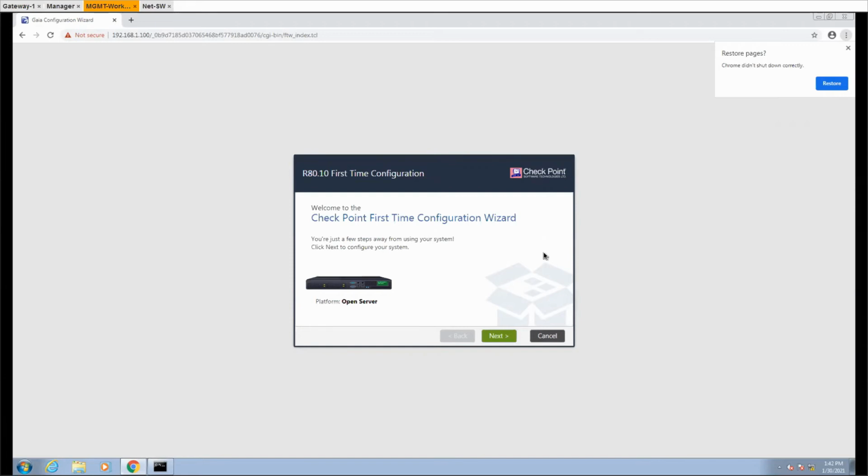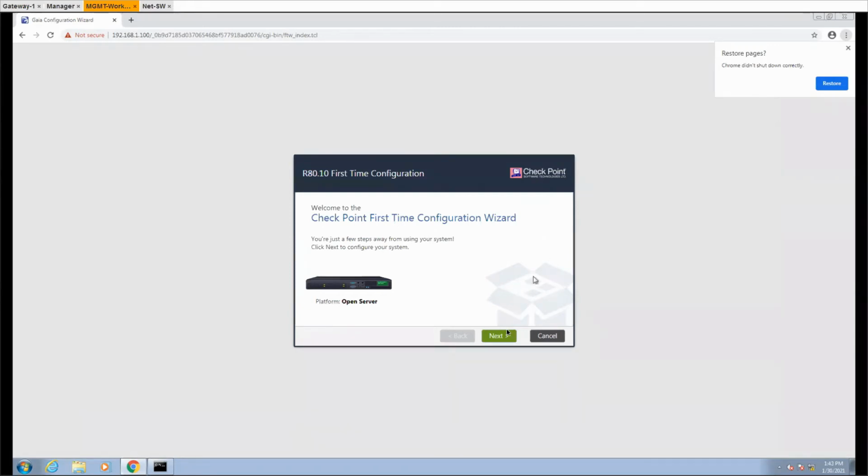In the first configuration wizard, it will ask you to select which product you want to install here, whether you want to install the gateway product or the management product on this. Since we are accessing it the first time, it is asking us to choose the product.